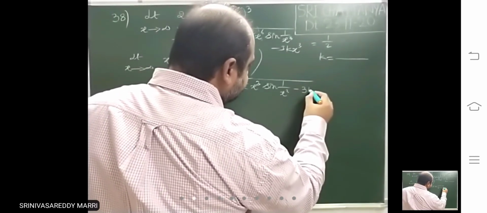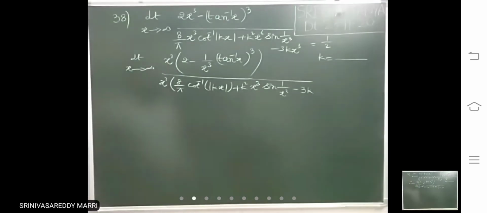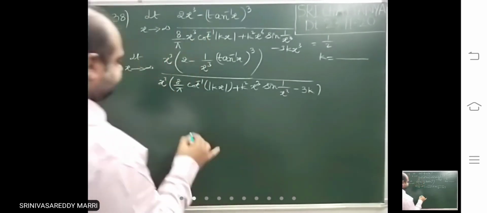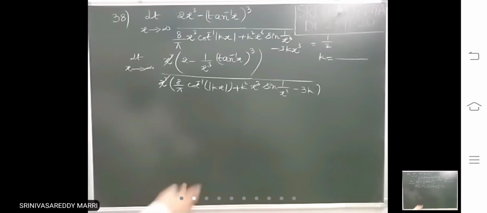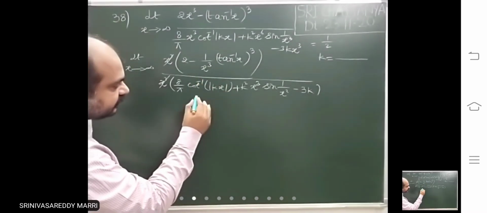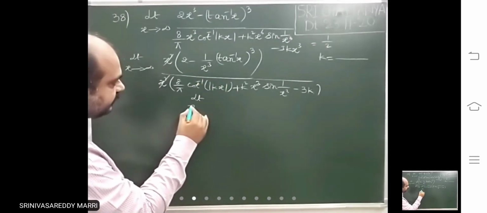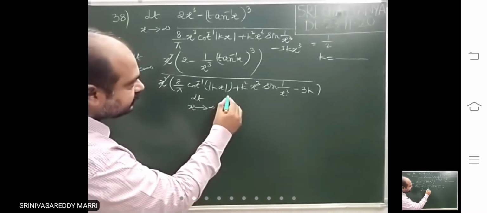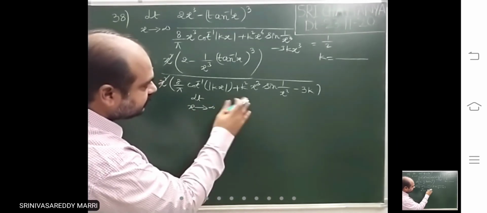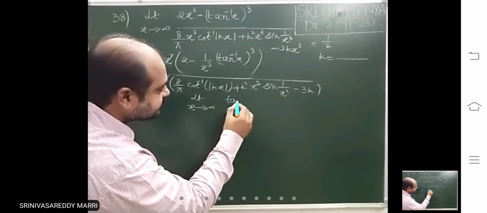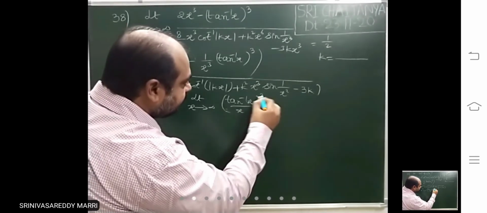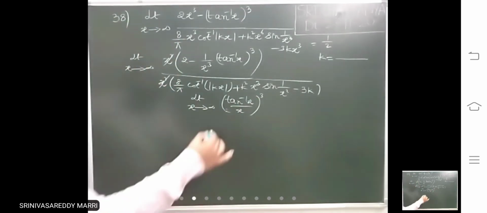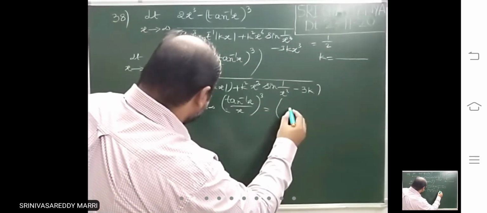This week also you will have unit test. Limits also will be there. Solve carefully. So x cube taken common, so x cube cancel. Now if you observe this, limit x tends to infinity, you write tan inverse x by x whole cube. Now don't write this as 1. Look at this, this is nothing but